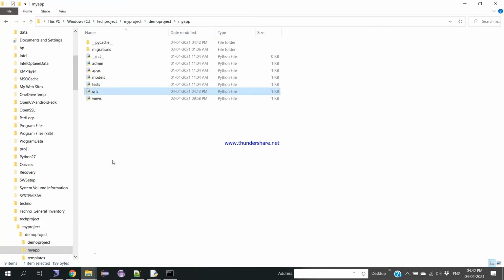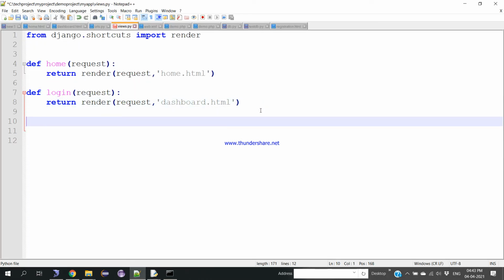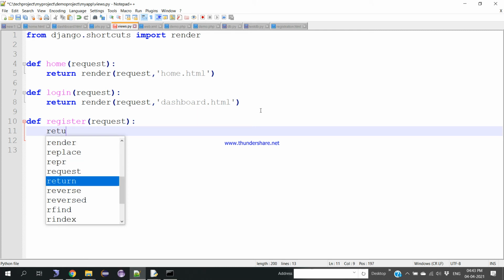After that, we need to go to applications, my app, right click on views. We have to create a function here. Which function? def register, request. If I click on that button, where exactly should the control go to? This function will decide where exactly the control will go to. Okay, return